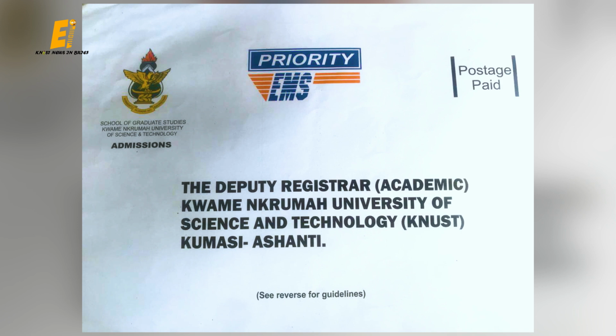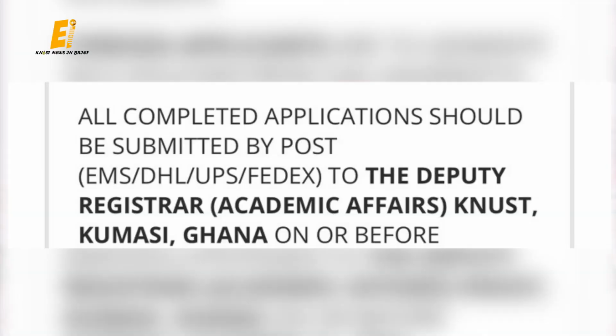It's already written the KNUST Deputy Registrar, whatever. It's already encrypted on the EMS envelope. But if it is not, that is who you are supposed to address it to. KNUST Deputy Registrar, Academic Affairs, Ghana, right? Yes. So for that, if perhaps you don't have any of these services in your country, and even the banks,